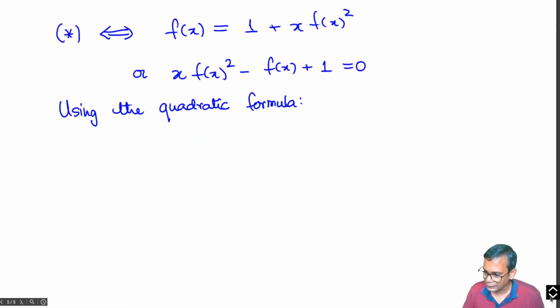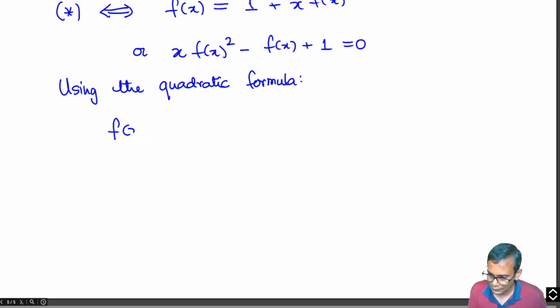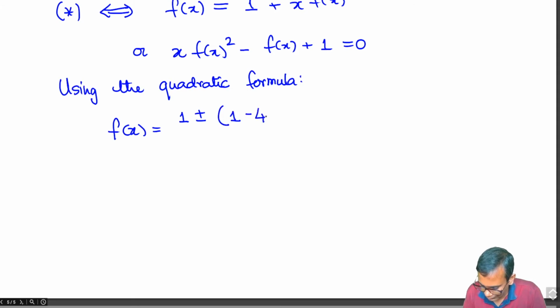And what you get is that f of x is equal to, so the usual quadratic formula: if you have an equation ax squared plus bx plus c, then the solutions are given by minus b plus or minus square root of b squared minus 4ac, over 2a. So when we apply it here, we get minus b, so that's just 1, plus or minus the square root of b squared, which is 1, and I'll write minus 4ac, so which is 1 minus 4x, and I'll write square root as to the power half,